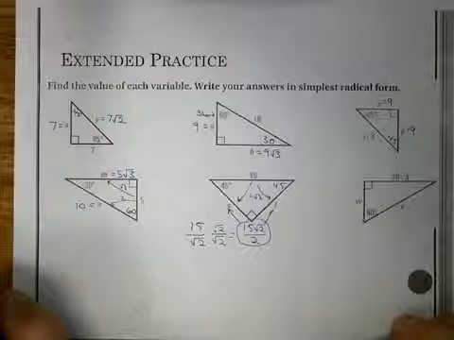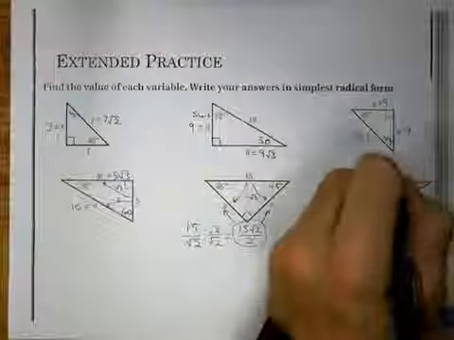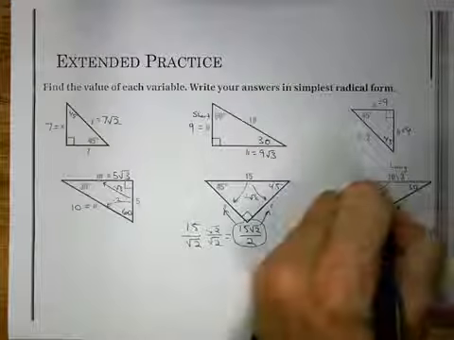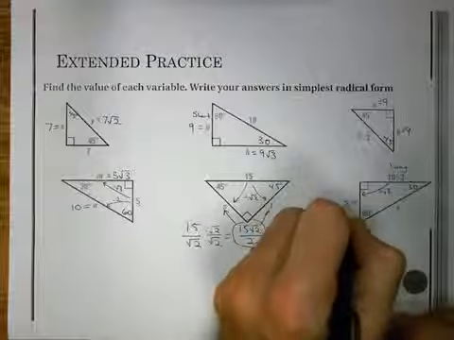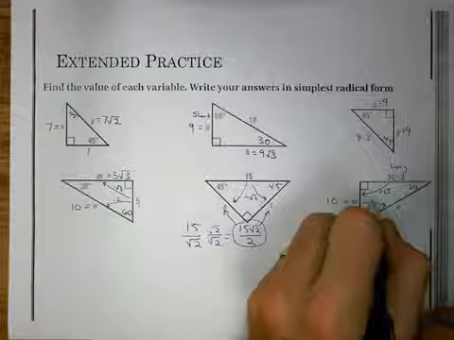Last one we have here, it's a 30, 60, 90. We have the longer leg. To go to the shorter leg, I divide by root 3, and that becomes 10. To then go to hypotenuse, I multiply by 2, so that would be